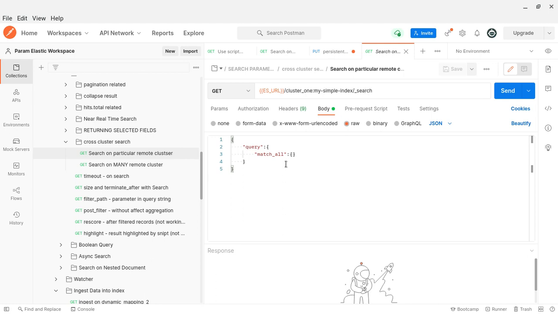The gateway node is used to send out the request to the remote cluster. Similarly, the coordination node is another important node. More or less, I could not find much difference between the gateway node and the coordination node, to be honest.